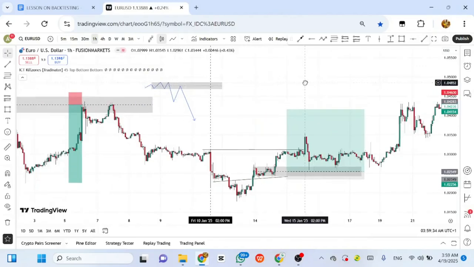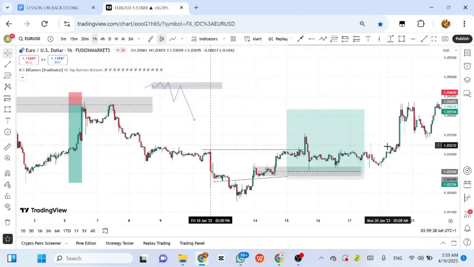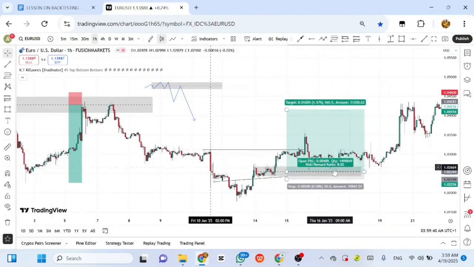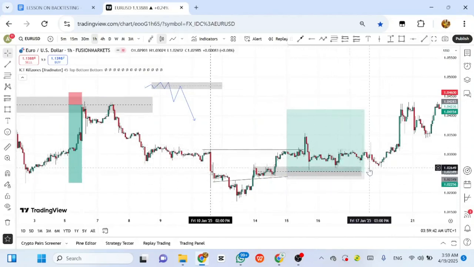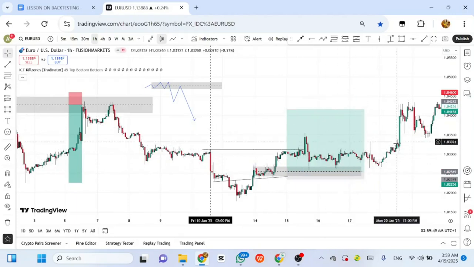Yes, these are part of the things you are going to learn. So what do you learn from this trade now? Maybe I use this entry model and it did not activate, and it came back again, it did not activate. It came back, it did not activate, it came back. So what will I do? I'll just calm down, and that means there is no trade.